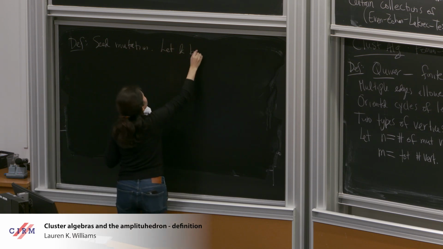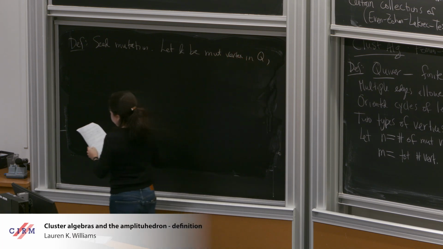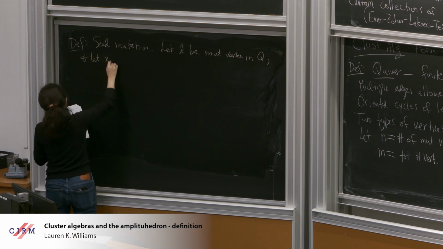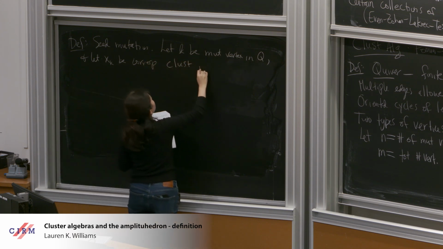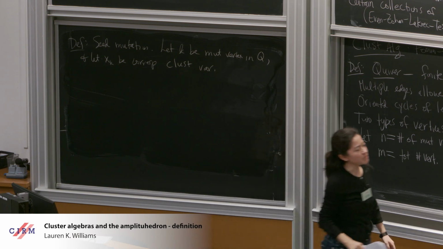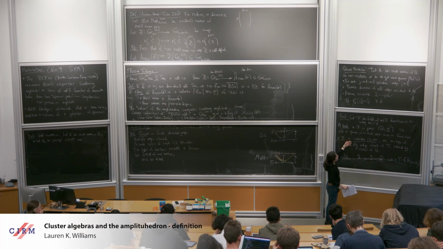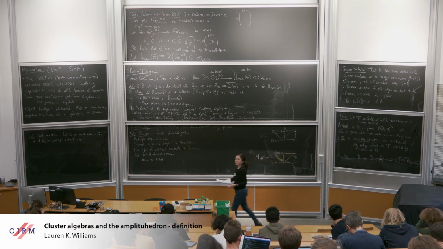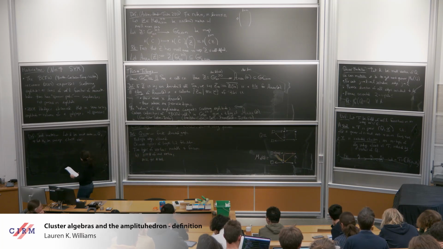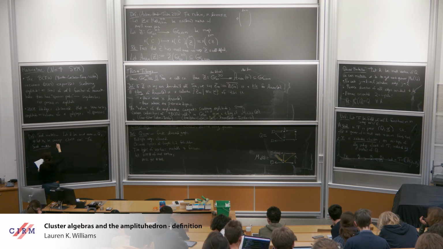So let k be a mutable vertex in Q, and let xk be the corresponding cluster variable. The elements in x bar are called cluster variables. So in this example, each of x1, x2, and x3 are called cluster variables. So then, the seed mutation,